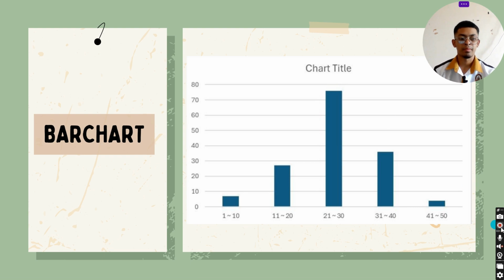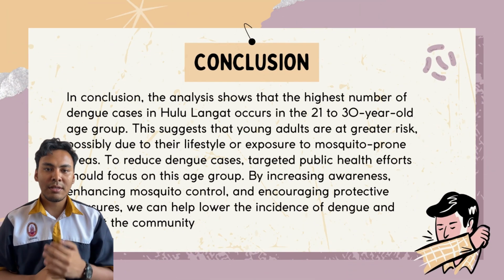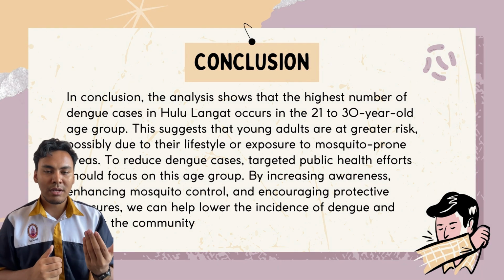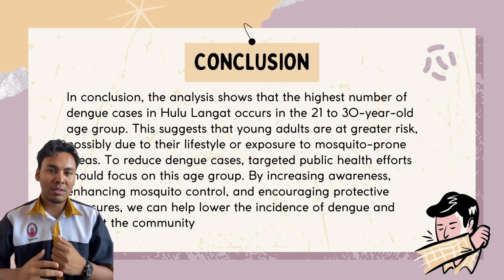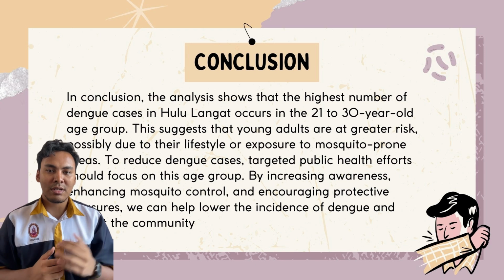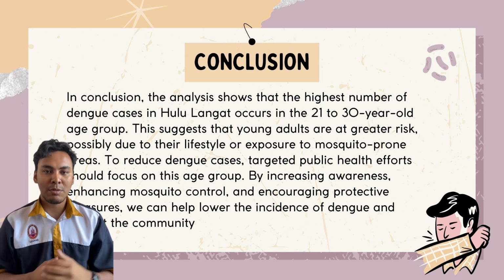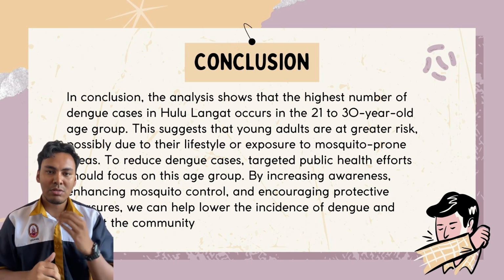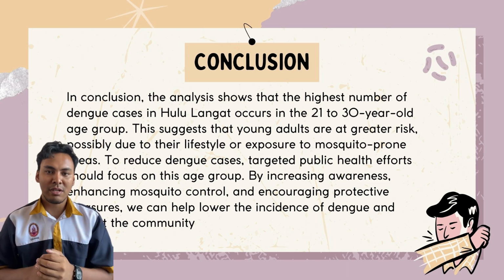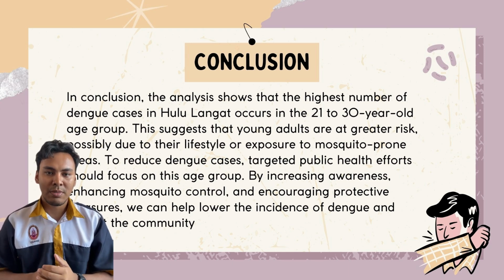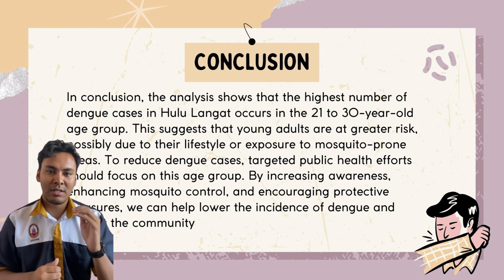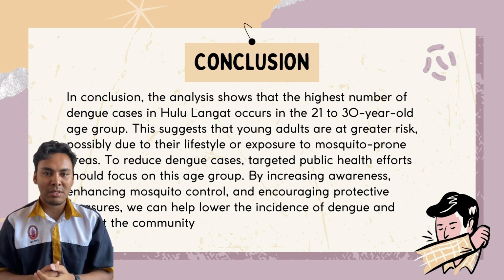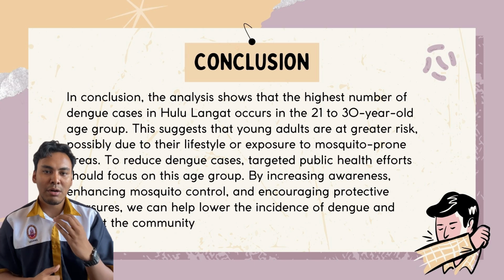So, in conclusion, the analysis shows that the highest number of dengue cases in Hulu Langat occurs in the 21 to 30-year-old age group. This suggests that young adults are at greater risk, possibly due to their lifestyle or exposure to mosquito-prone areas. To reduce dengue cases, targeted public health efforts should focus on this age group. By increasing awareness, enhancing mosquito control, and encouraging protective measures, we can help lower the incidence of dengue and